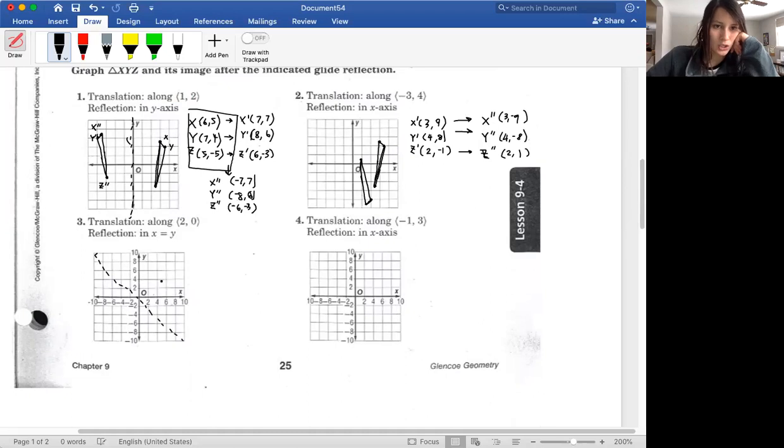So with my original image, again, I have my image like this, x, y, z. So imagine after it's gone through the translation, it's then reflecting diagonally kind of like over here like that. So I just wanted to give you a little visual of what that looked like. Okay, so after it's gone through the translation, this would become